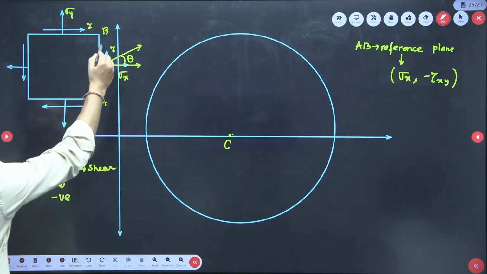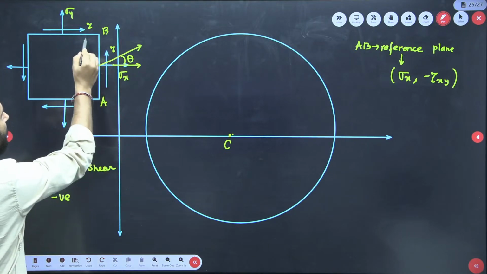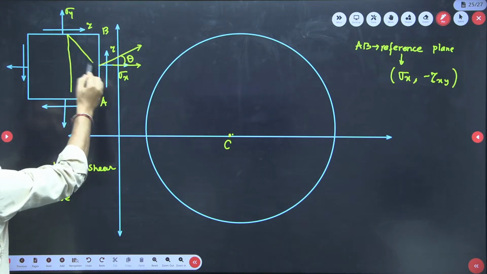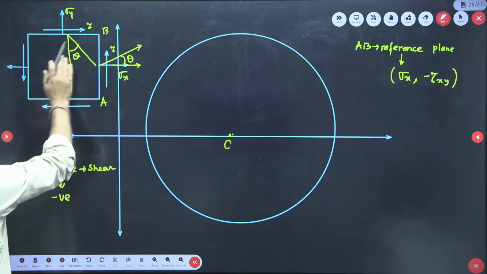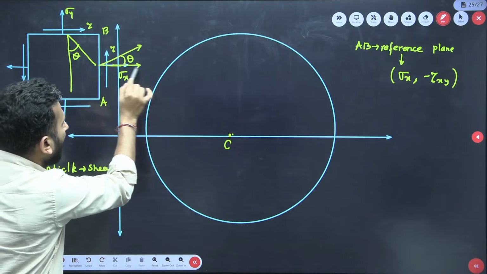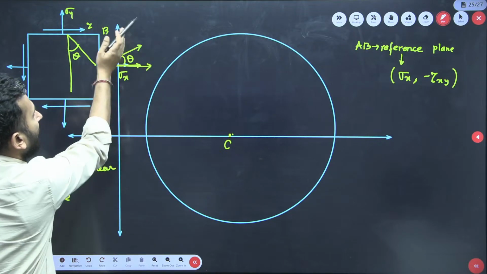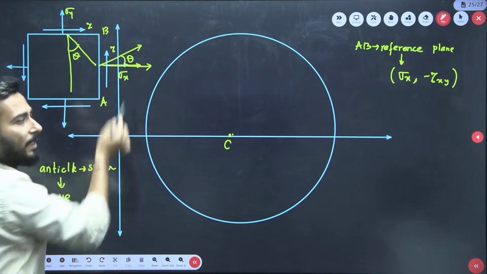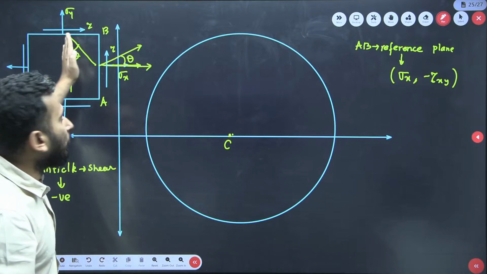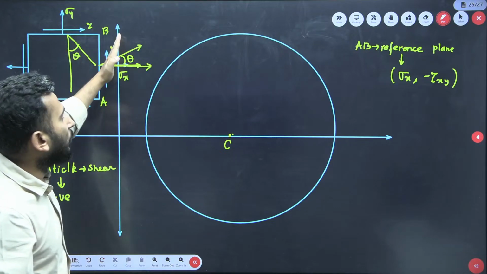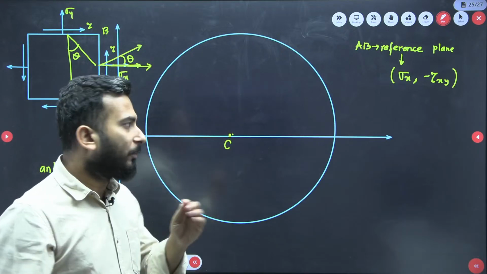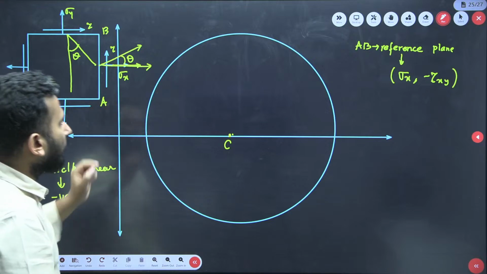So see, if this is my reference plane AB, and I rotate by angle theta, I can see it in this way. Second, if I consider this axis as my reference, and we rotate by theta, the axis will again be rotated by theta. Both are the same only. Either you can see with respect to plane, or with respect to axis, both are the same only. There is no issue at all, in whatever way you are comfortable. Okay, so let us quickly plot